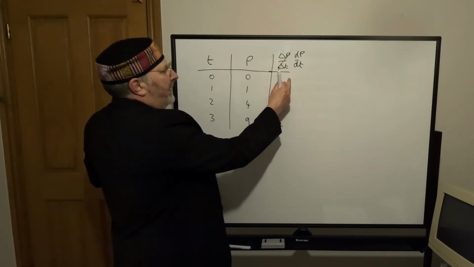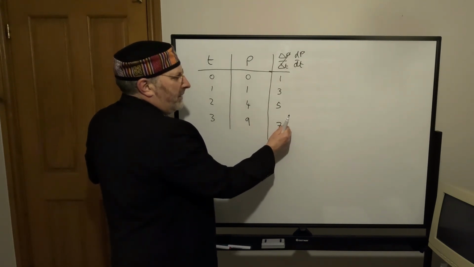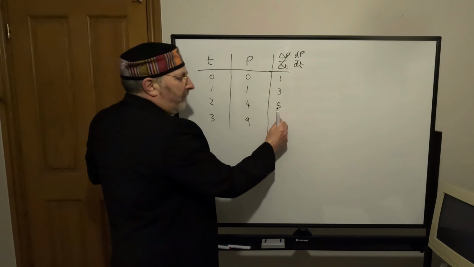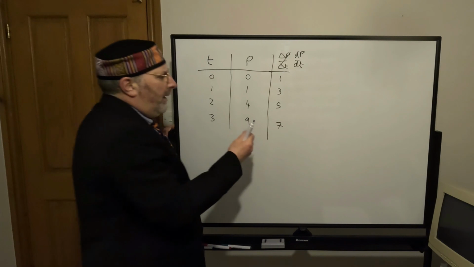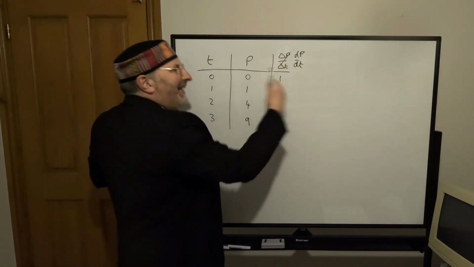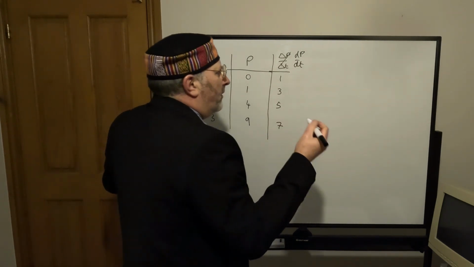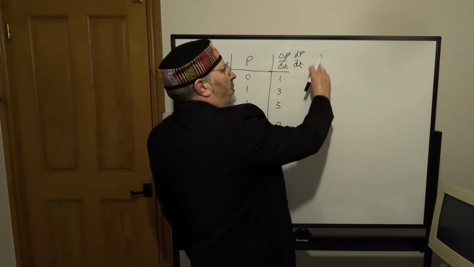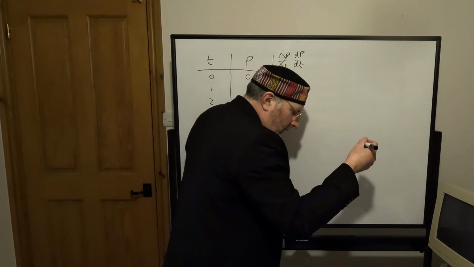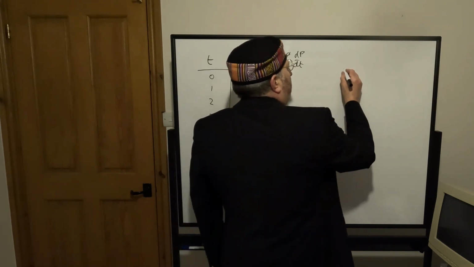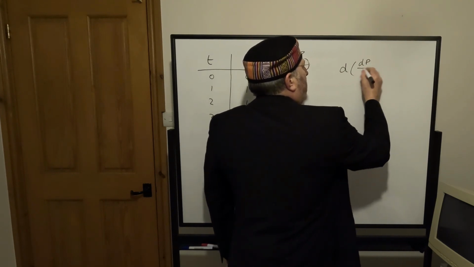Here the rate of change of population was 1, but sometime later the population was increasing at the rate of 7 million persons per millennium. So the rate of change of population is itself increasing, it's speeding up. So we might want to find the rate of change of the rate of change of population. So to do that, we are going to consider the d of dP by dt